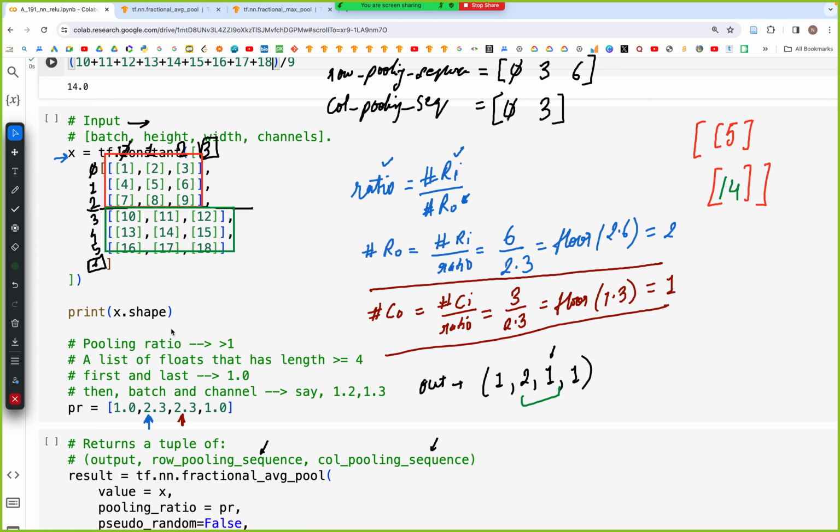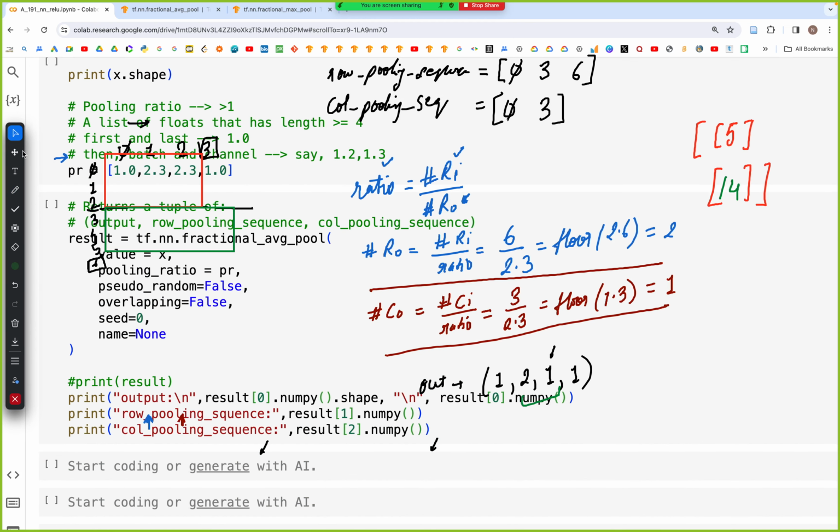We could now go ahead and run the code. So let me clear this part of the screen. For performing the average pooling operation, the code stays the same, except we are changing the word here. So we say tf.nn.fractional_avg_pool, and then we specify the value of x, and specify the ratios. The first ratio and the last ratio is 1. These are all float values. Then we have a ratio for the rows and a ratio for the columns, which is 2.3 for both of them. So when we run this,